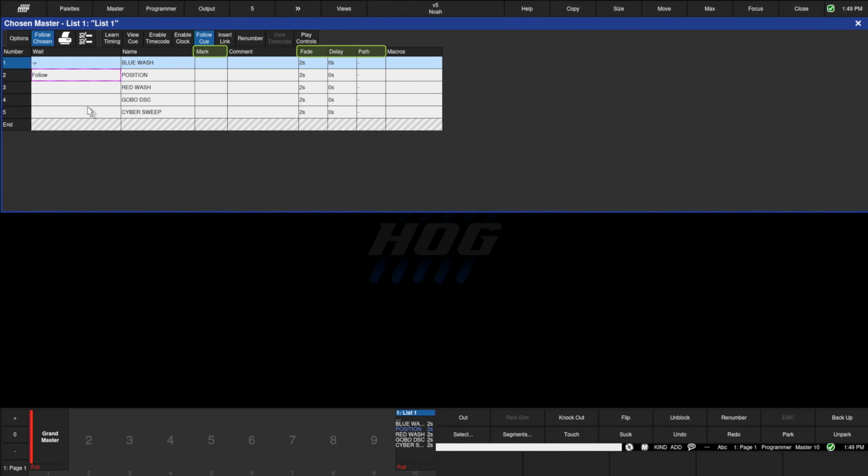Mark, fade, delay, and path. Mark allows lights to prepare values for the next cue. Fade time is the crossfade duration of the cue. Delay is the time from the cue triggering that values start to fade, and path is the route the cue takes. Let's adjust Q1 to have a fade time of 1,